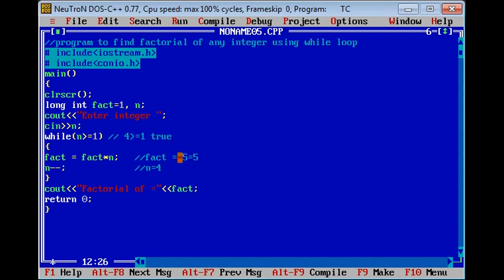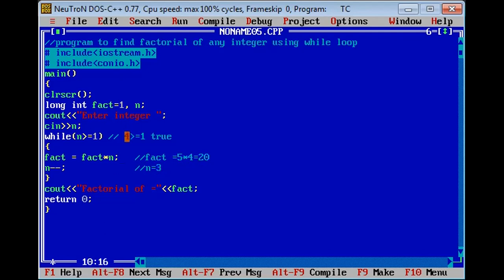So 5 will be multiplied with the variable integer. It is now 4, so it will become equal to 20. After that, the integer will be again reduced by 1 and its value becomes equal to 3.